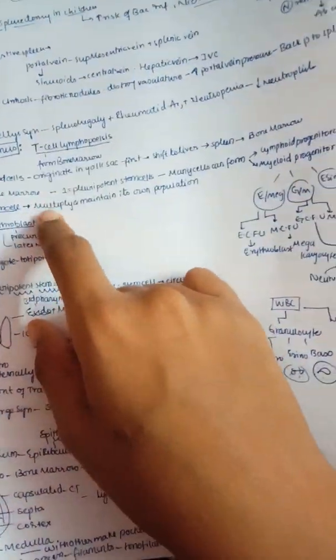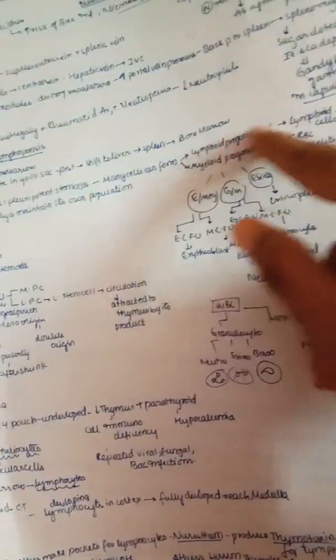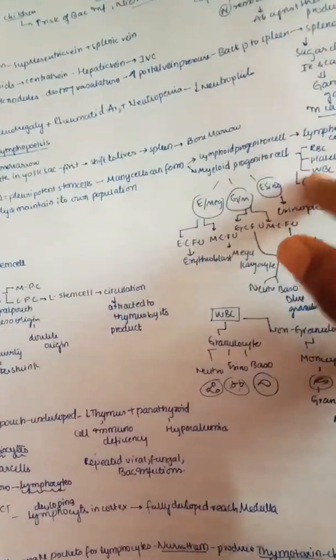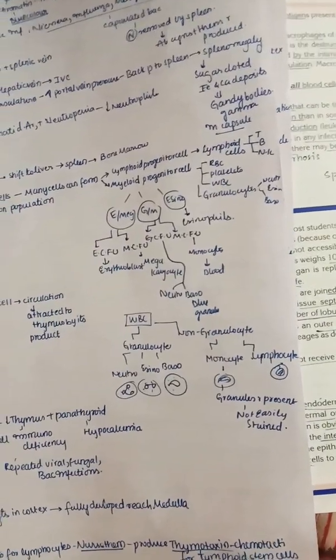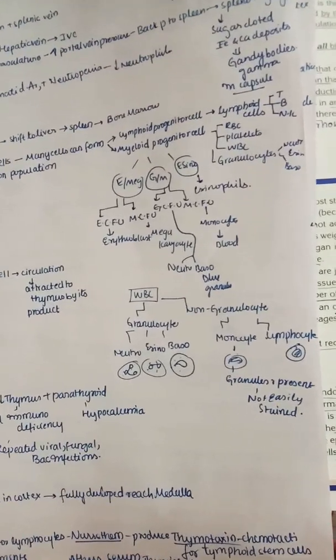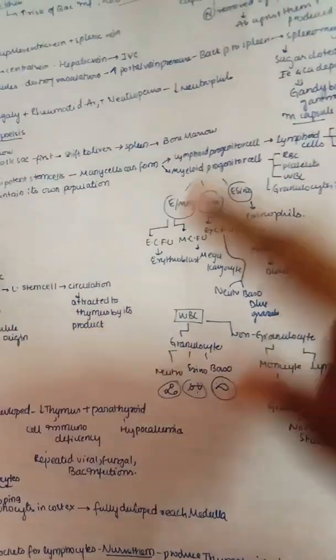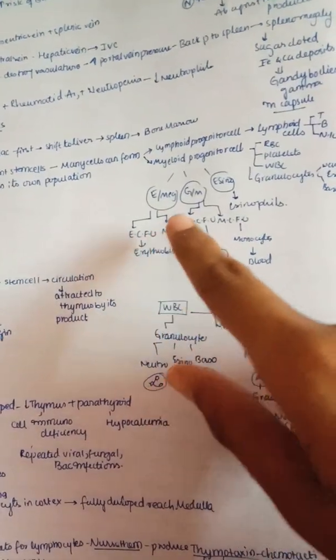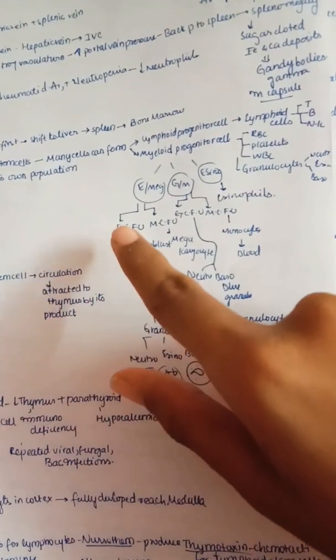So the bone marrow has pluripotent stem cells, and they can form lymphoid progenitor cells and myeloid progenitor cells. The lymphoid progenitor cells are further divided into lymphoid cells, forming T cells, B cells and natural killer cells, and the myeloid progenitor cells are mainly divided into three types: erythrocyte, megakaryocyte, and, as you can understand by the name, the erythrocyte colony forming unit and megakaryocyte colony forming unit, forming RBCs